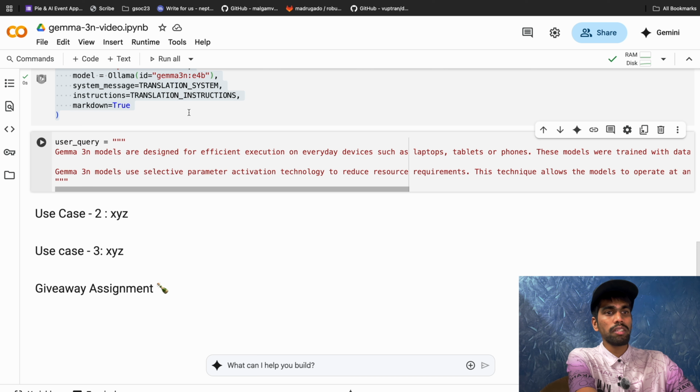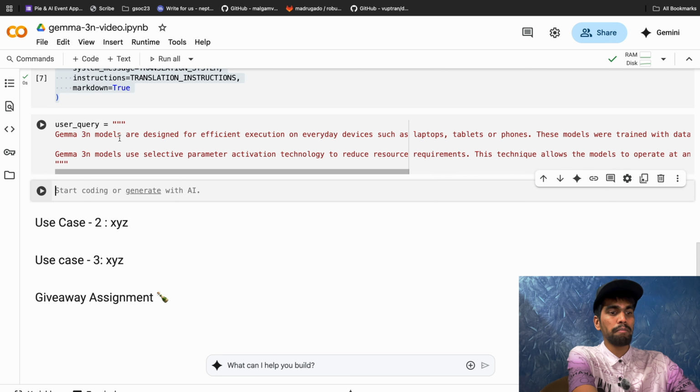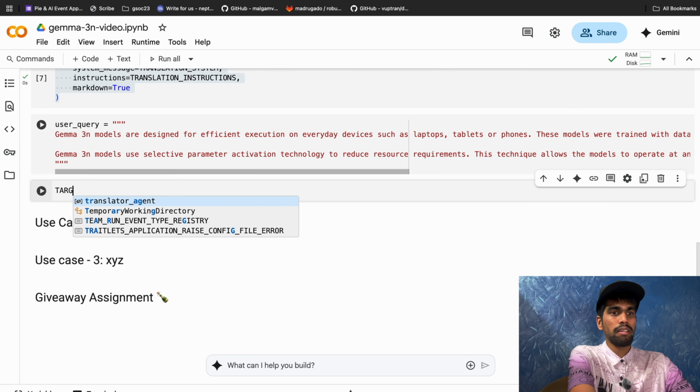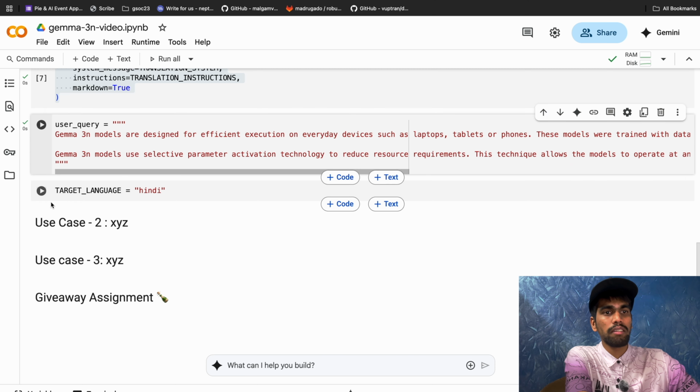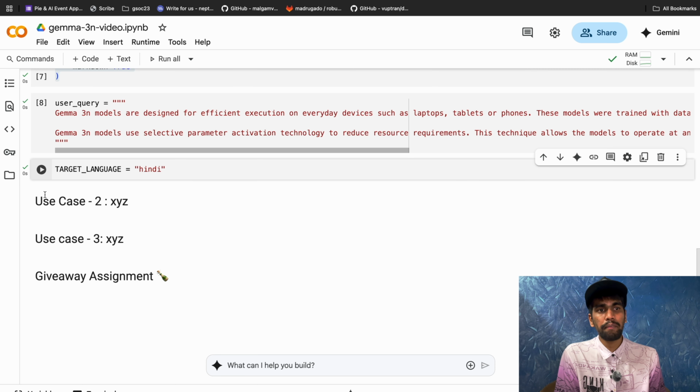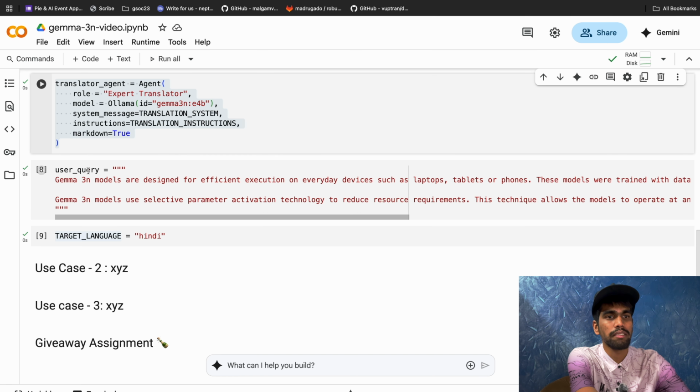So what we will do is we will define a target language to be something which is Indic. I'll just use Hindi. You can also try with any European languages. We'll also test that out. And now what we can do is let's just run this. Let's run our